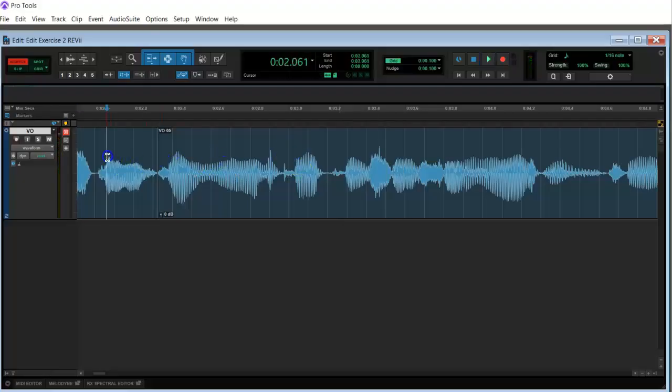So I had made too much of a cut for the end of the word Steve, so I just brought it back. I almost call this the untrim tool in this case. I'm using the trimmer, but I'm actually untrimming it and bringing back the part that I had cut out. The way I'm doing this is I'm going to the left side of the cut, clicking and dragging to the right, and I'm expanding that track back to where it was. So I think it sounds better now.